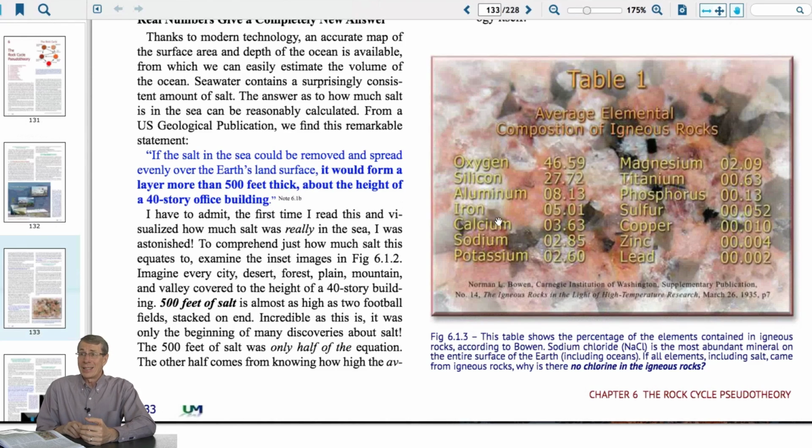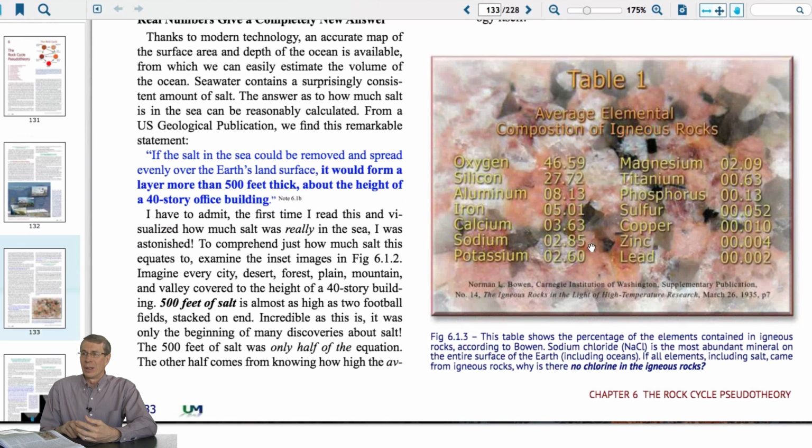And if we look here, we can tell that oxygen is the first one. That's because that O is in a lot of rocks. Silicon dioxide, which is quartz, SiO2, that's why it's the most prevalent. Then aluminum, iron. All the remaining ones are very minimal. Matter of fact, sodium is less than 3%. So the first question we have to ask here is, where is the chlorine? Remember, sodium chloride, what we use at our dinner table, is NaCl. Where's the chlorine in this chart?